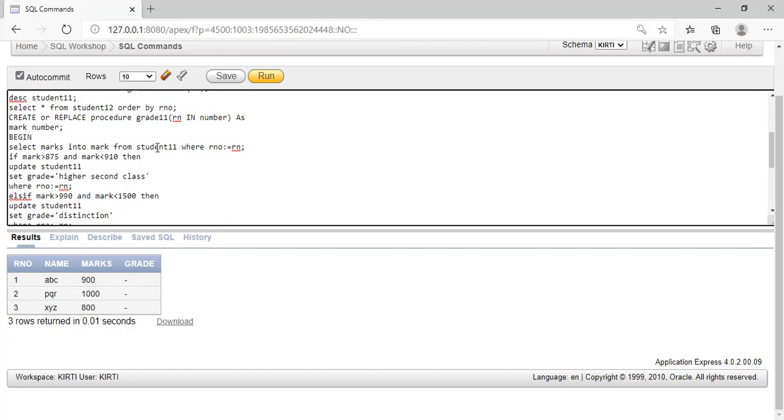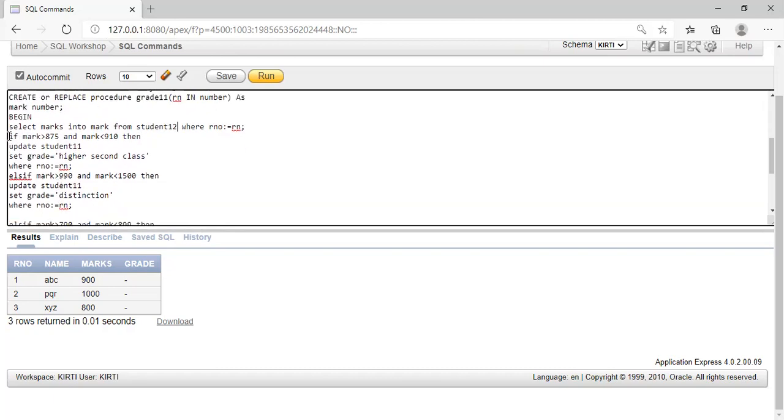Suppose I have passed roll number 1. So 1 gets matched with the attribute R number from the table student 12. Okay. Then here we are checking the condition. Simple condition is there. If mark is greater than 875 and less than 910, then update the student 12 table. What we are doing, we want to calculate the grade.